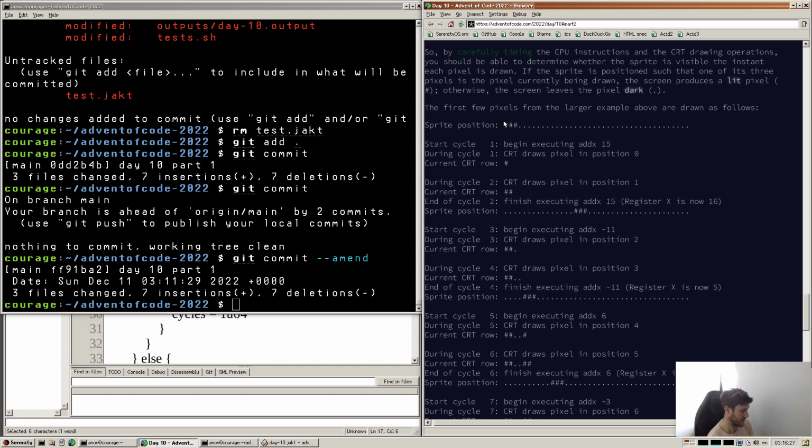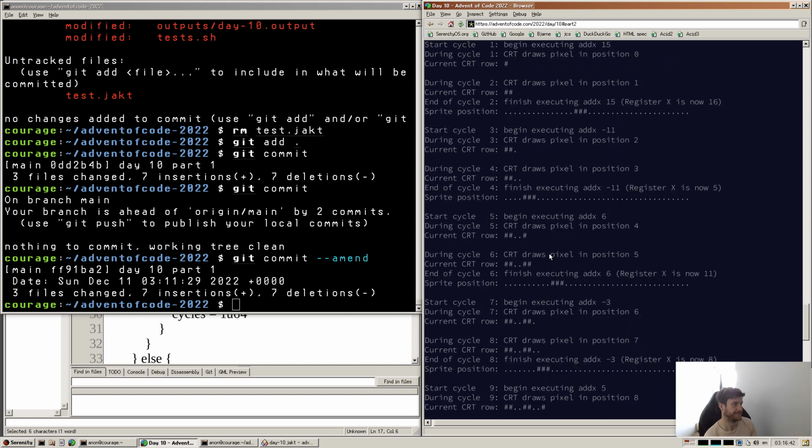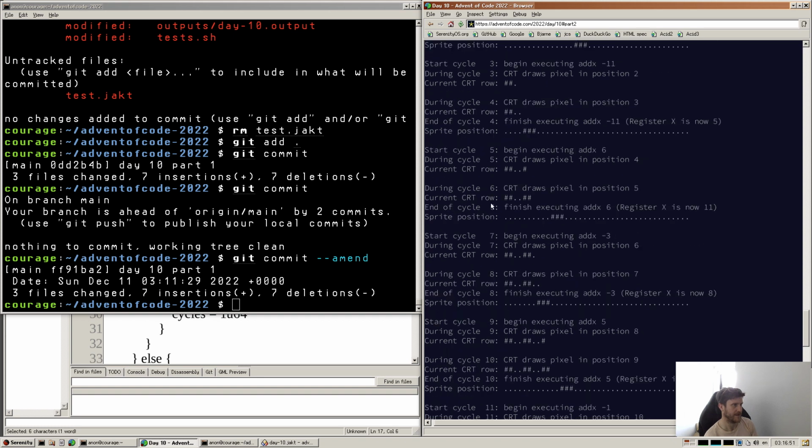So there's one sprite in this entire system because one register, and that register value is basically the middle of where it is. And as we go through the cycles, the CRT does some stuff, and that will work out where it is. So I assume at some point